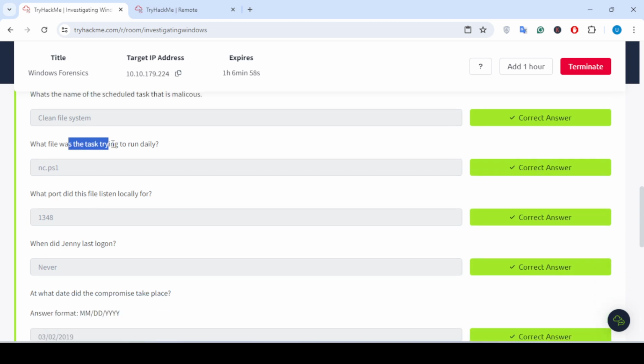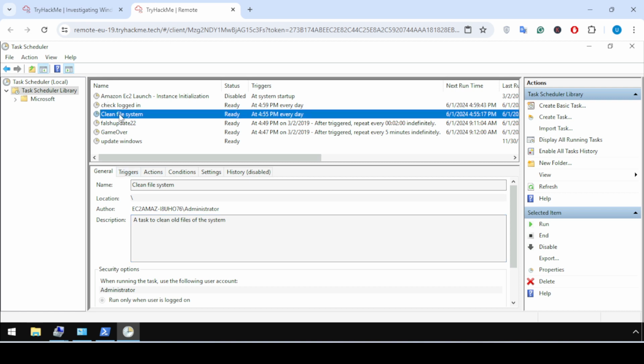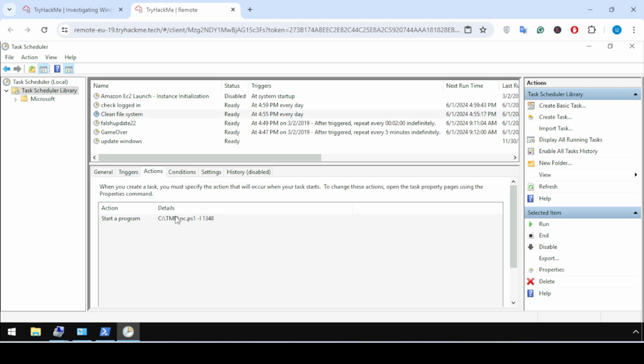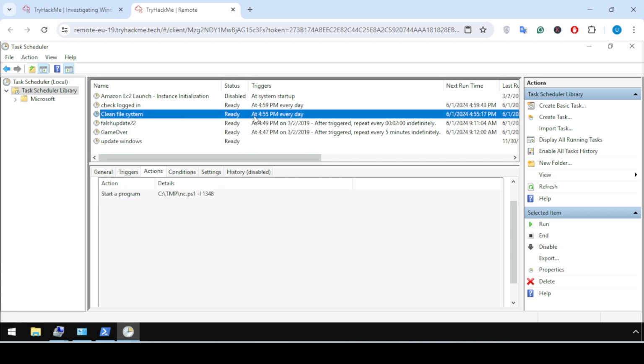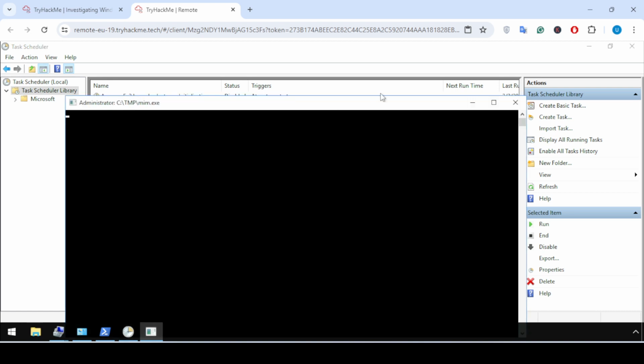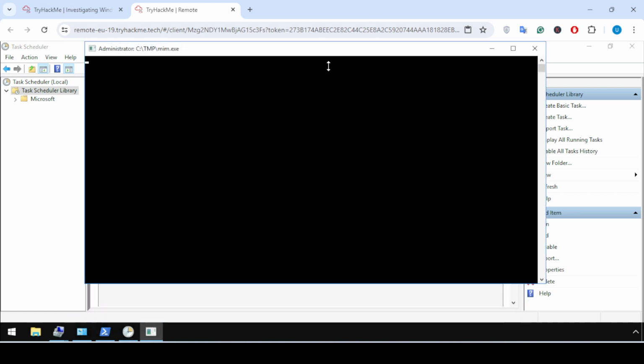What file was the task trying to run daily? Okay, let me check. When I click here and go to the action, you can see the action actually performed by this task on a daily basis. You can see the time is 4:55 p.m. and every day this task is run, and by running this task again and again a black prompt appears.